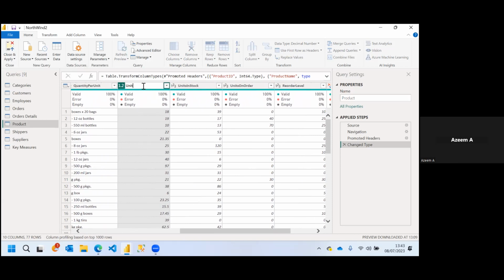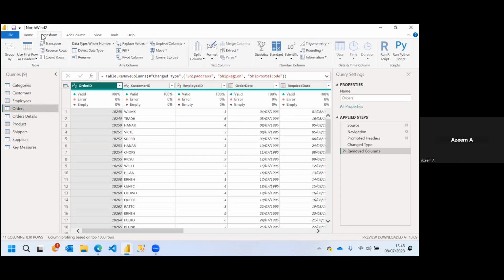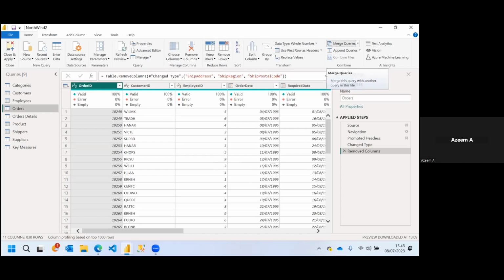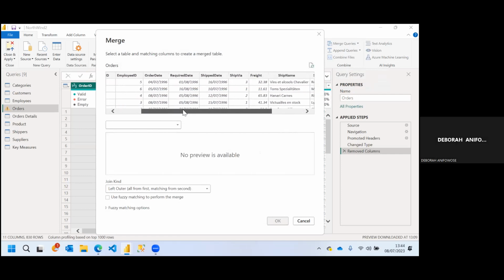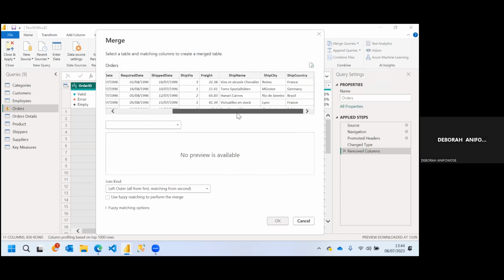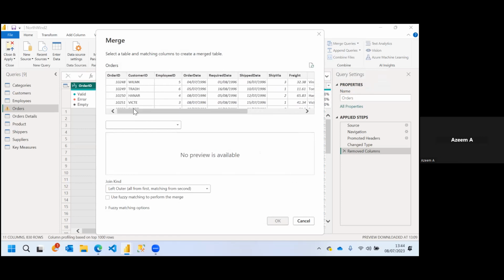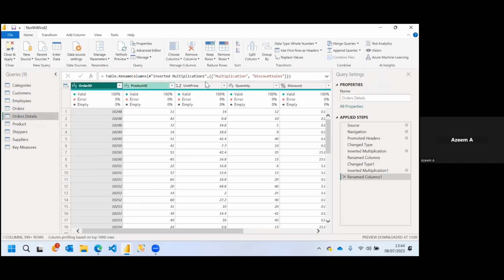Okay, so I will change this to unit cost. So I will bring this now. Transform. Sorry. While you are doing this part, please explain it as well, so that we are refreshed on how to merge. Unfortunately, there is no product ID here. Let me go back and look at the other details. Okay, there is one here. Now I want to try and bring that unit cost into this other details